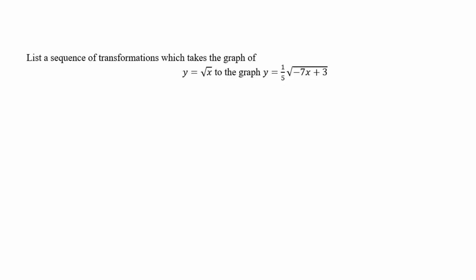Okay, so let's answer this question before us. It's asking us to list the sequence of transformations which takes the graph of this to the graph of that. Whenever you get a question like this, the first thing you want to do is factorize what's inside. So that means I'm going to get 1 on 5, the square root,